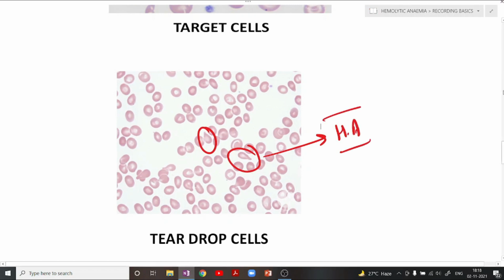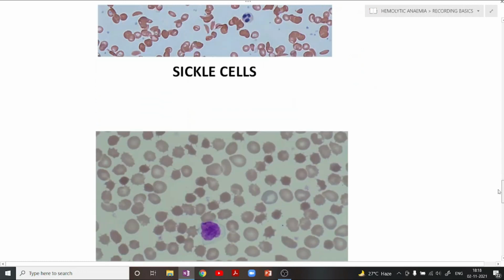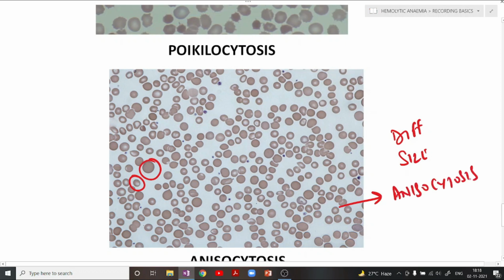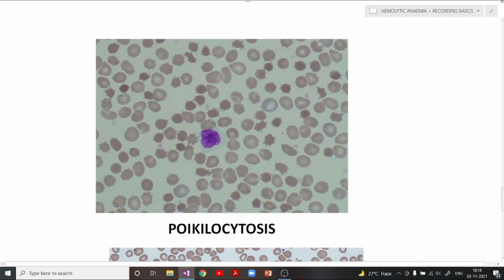Okay, hemolytic anemia. And one very important thing, let me just show you. I will come to the other points later on. Anisopoikilocytosis. Now, can you appreciate over here? One of the RBCs is bigger, one is small. So there is a difference in the size of RBCs. This is called anisocytosis. And there is something called poikilocytosis, where the shape changes. Change in shape is called poikilocytosis. This is basically your change in RBC shape.